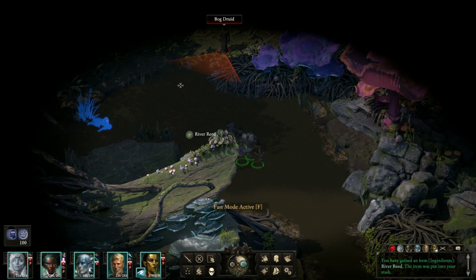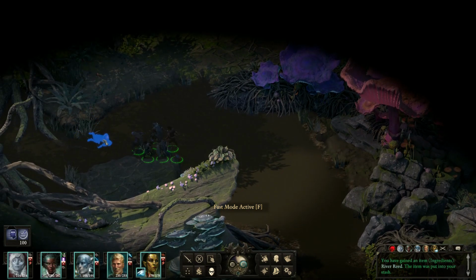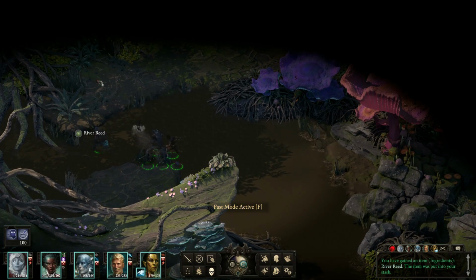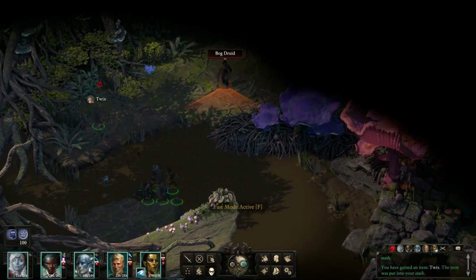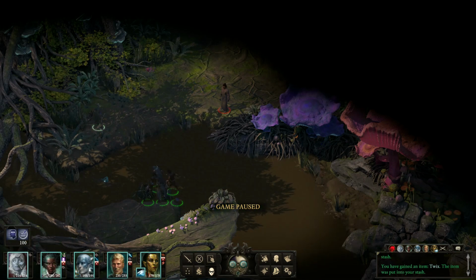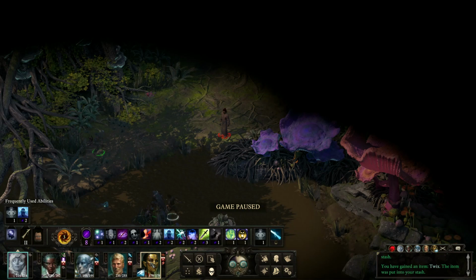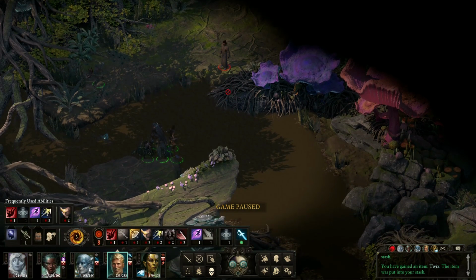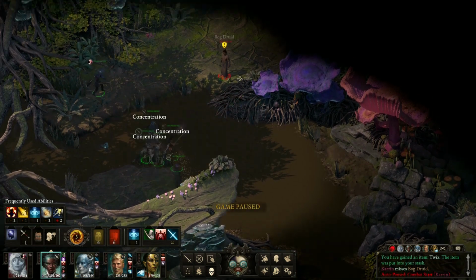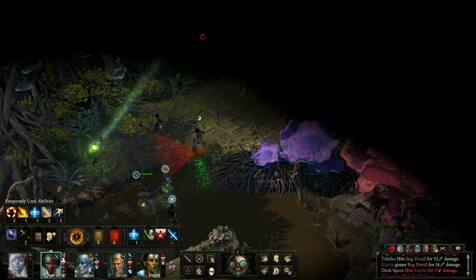Leave it to me. Okay, we got a bog druid. Oh, we got a lost cat over here. Really? Oh, she's still on her gun. Okay. And you're just all gonna attack and do whatever you want. Oh, she was with us. Alright, who's...